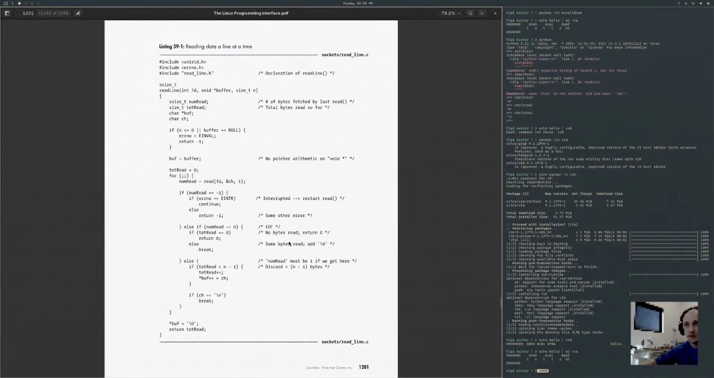Else we break down to here, we write our 0 byte and we return the total read. Here, so numRead is not 0. We didn't hit EOF. We're in the middle of reading, and we say, hey, if my totRead is less than n minus 1,